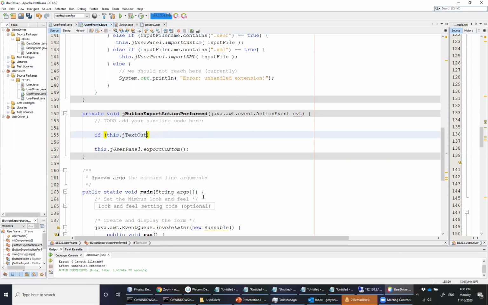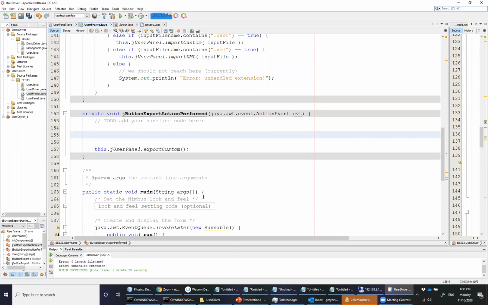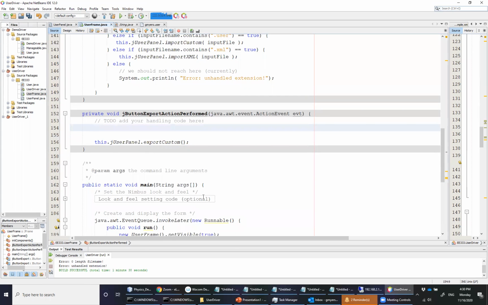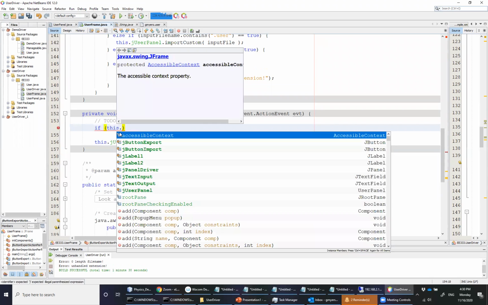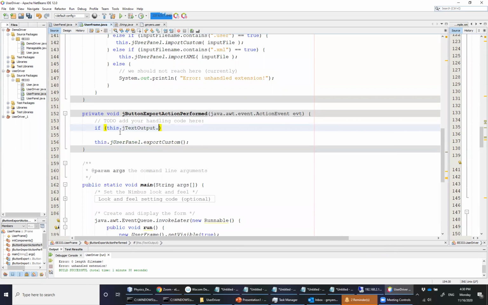All right, so if this dot... let's see here. I'm not sure how I've managed to break NetBeans again, but I have. So let's try this one more time. If this dot, all right. So let's see what we've got here. There we go. If this dot jtext output,